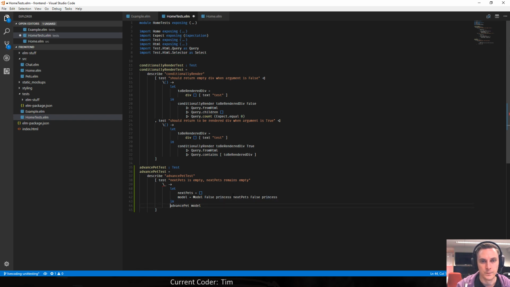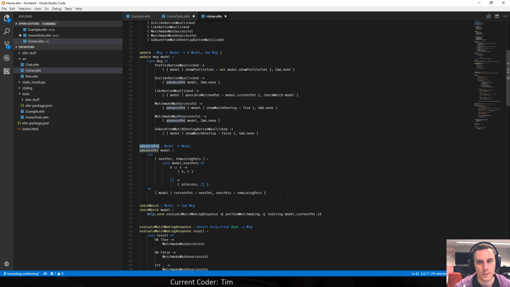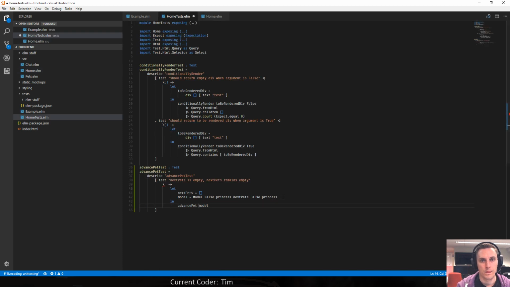And I want to advance pet. Pipe this into this equals, and what do I want it to? I want nothing to change really, right?